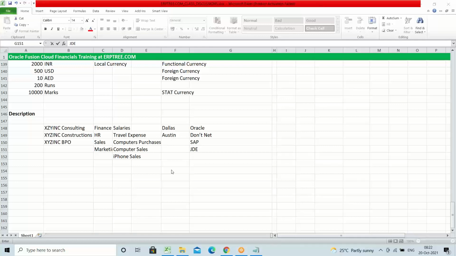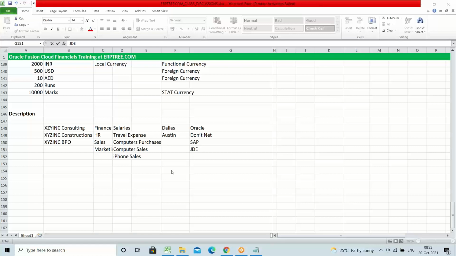In this scenario, maybe they need not select any project such as Oracle, .NET and so on. Wherever it is applicable, they'll select. Say they are going to record one more transaction, a related expense. They can select which entity or business the expense belongs to. That may be XYZ, related to constructions. Which department is spending? Finance department. What exactly are they doing? Travel expense. Where is that happening? Say in the Austin location. Does that expense belong to any project? Yes, maybe .NET or Java, etc. So this is how they can